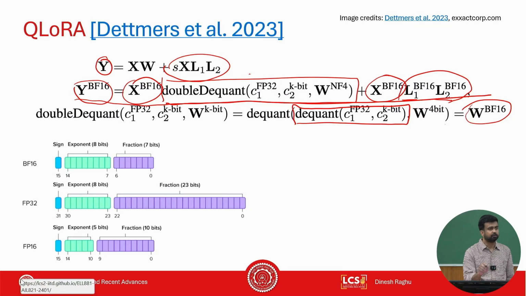Again, here I've not actually talked about the paging, but what typically happens is that, let's say a certain 65 billion model uses 48 gigs of memory and you only have 32 gigs of memory on your GPU, then there will be a time when you hit a point where certain matrices will not be available, and all the hardware will do is replace something that's not used for a long time, get the right matrix that needs to be used into the memory, and you will not run out of memory. You will keep running, right? So that is not covered in these equations, but that's also a very essential part of why QLoRA should work, right?